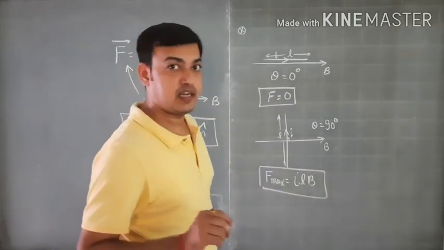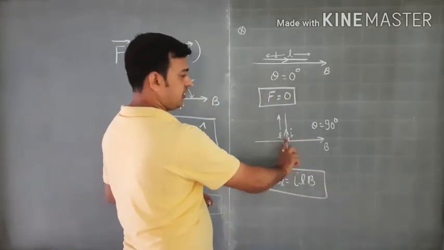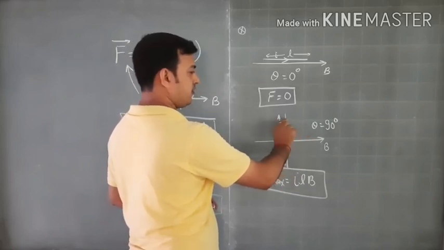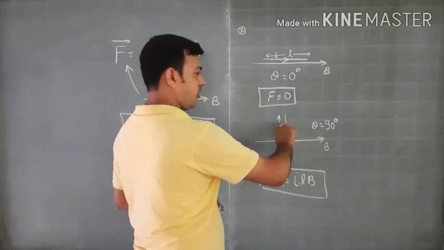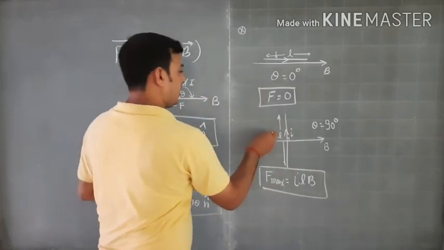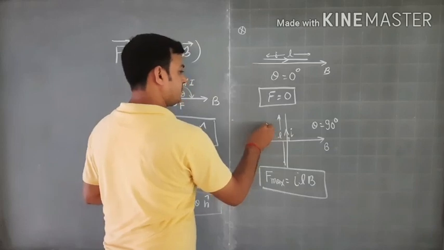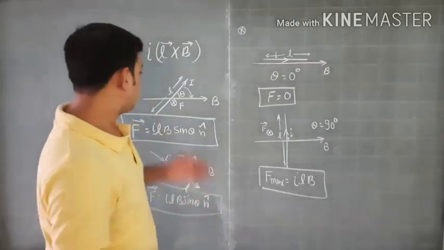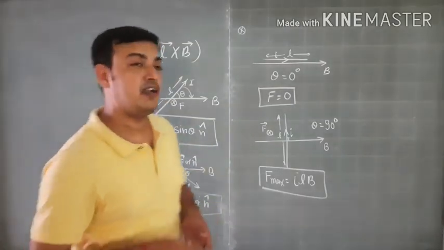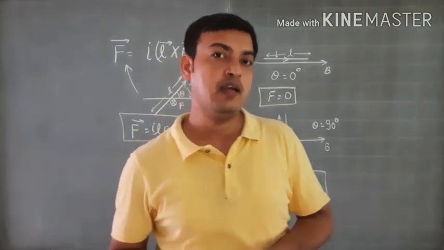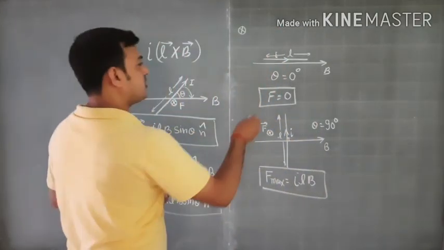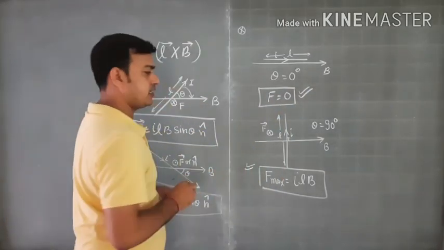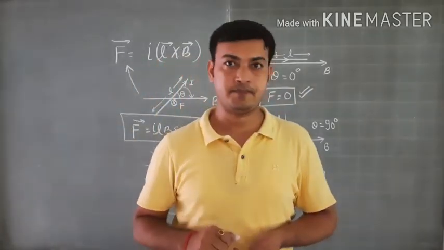In this case, to find the direction of force, this is the current, so my L will be in this direction, and B is in this direction. I go from L to B, it is clockwise, and I told you that for clockwise the force is into the board. So this is the direction of force that will act on this wire. So these are the important conditions where we can find the direction of the force acting on the wire, and the conditions under which the force is minimum, that is 0, and maximum, that is I L B.